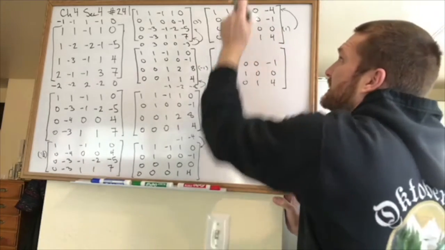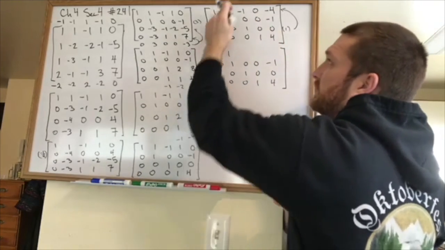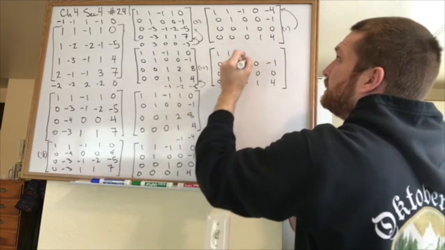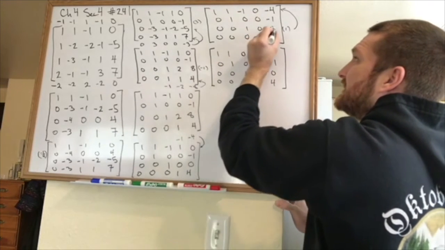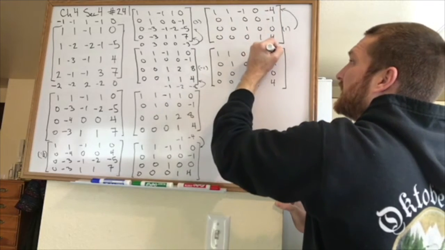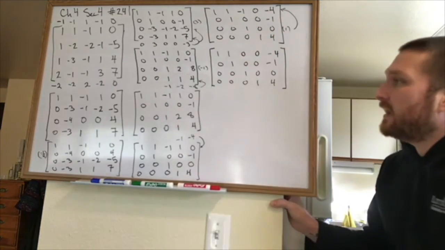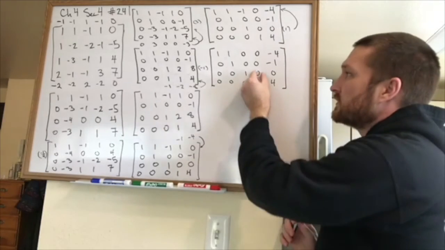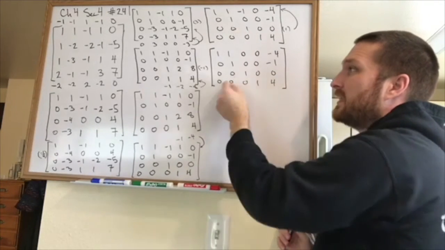Now, adding that to that, the ones stay put. Those two ones have not done anything. Adding that to that gives me a 0. 0 plus 0 is that. 0 and 0 stay at -4. Now, there's just one more thing to do, right? We got zeros all the way up. We got zeros all the way up. Now we just need a